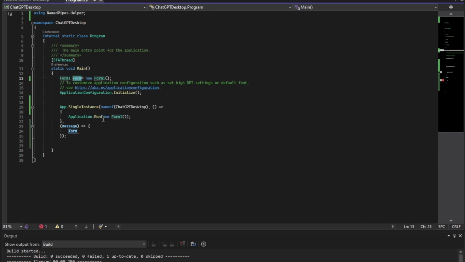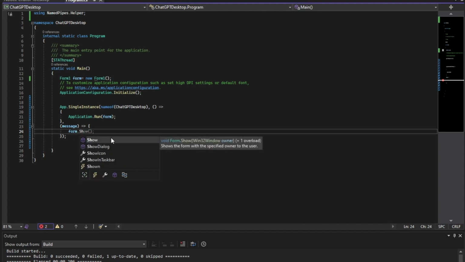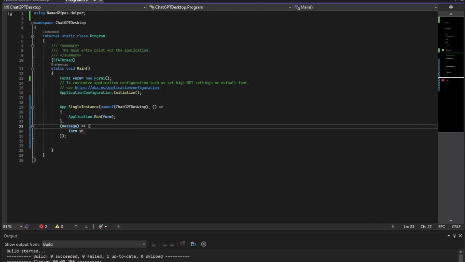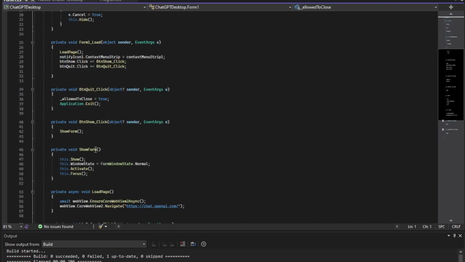There we go, and we will just pass that in over here as well. And then the one thing we want to do, so now we can access our form in this message handler received. But what we will do is go to the form, and we just need to expose. We already have a show method on there which we made last time, but if we just make this public,